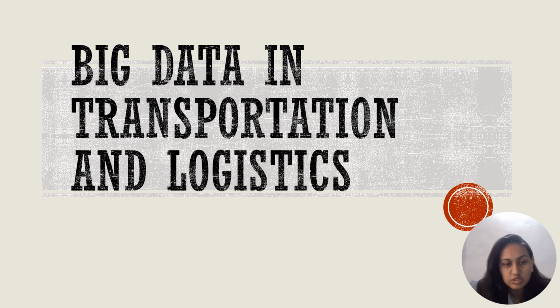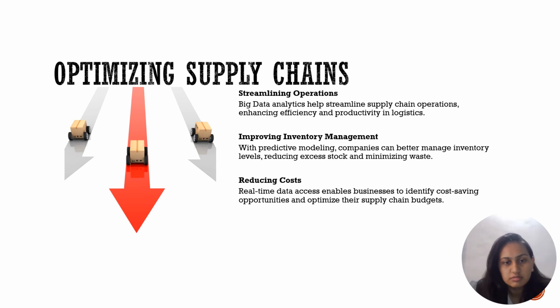Big data, transportation, and logistics. How is big data used in transportation and logistics? There are very good examples for it, especially Google Maps. Today every individual uses Google Maps to reach from one destination to another, and you would see that Google Maps shows a particular road or area in red, and it would show that it would take you around 22 minutes to cover that area or for the traffic to pass.